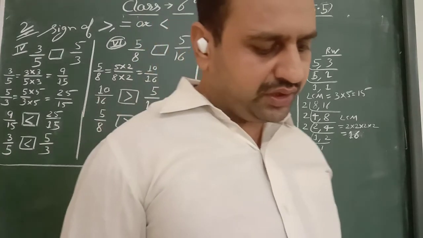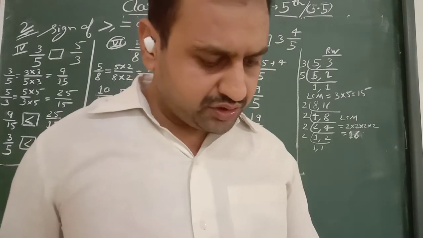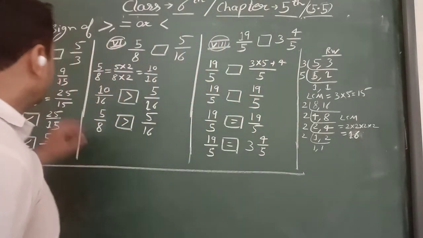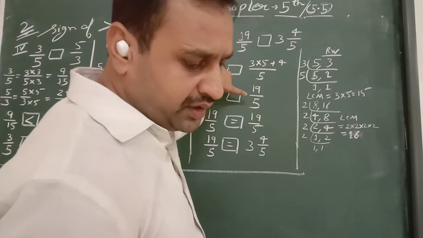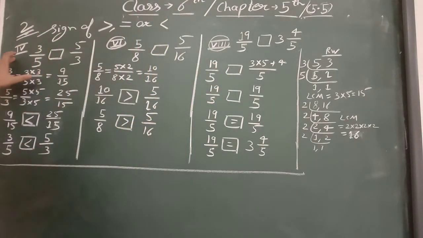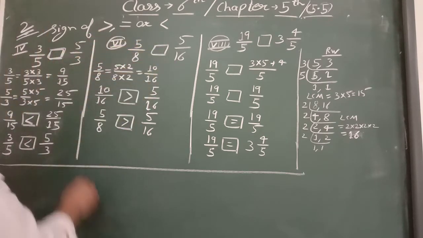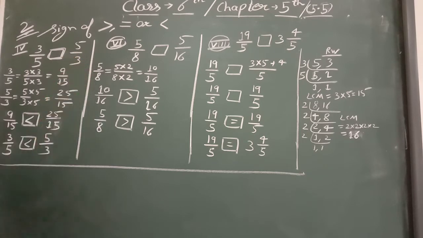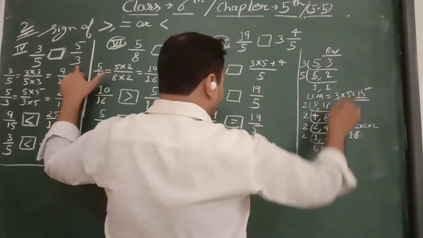In question number 2, fill in the box with the sign of greater than, equal to or less than. In the question, a total of 8 parts are given, and we will note down the 4th, 6th and 8th parts. Remaining parts, your homework. In each part, we have to fill the box with the greater than, equal to or less than sign. In the 4th part, 3 upon 5 and 5 upon 3, because the denominators are different, these are unlike fractions. So to compare these fractions, we have to find the LCM of 5 and 3. Make sure you are working on the right hand side, and the LCM is 15.